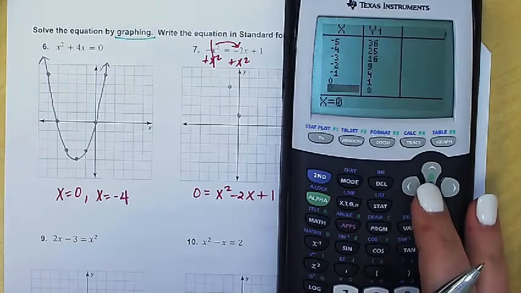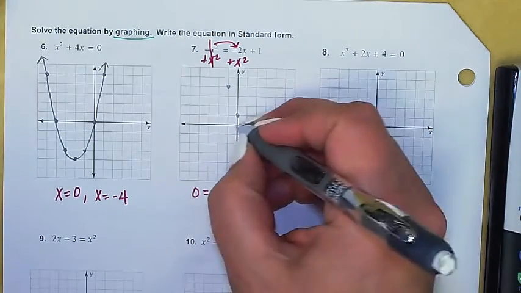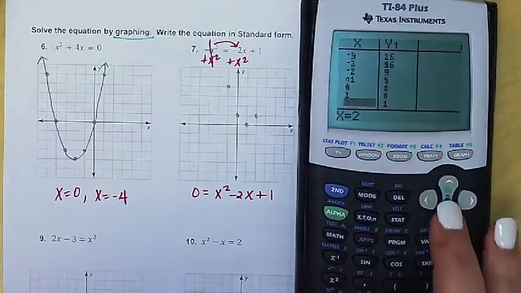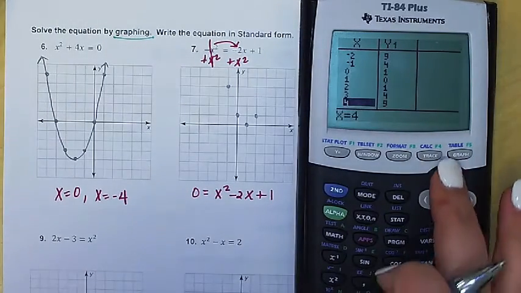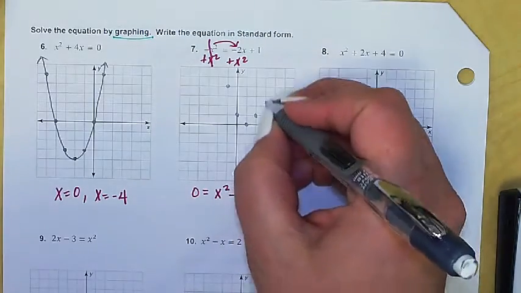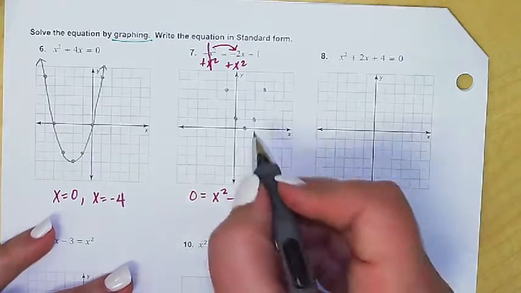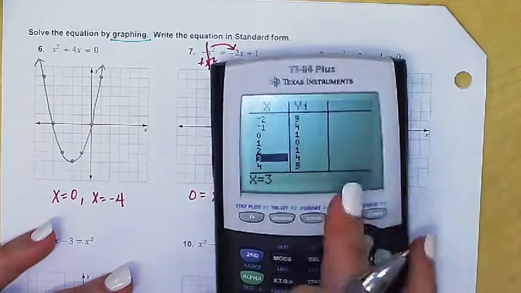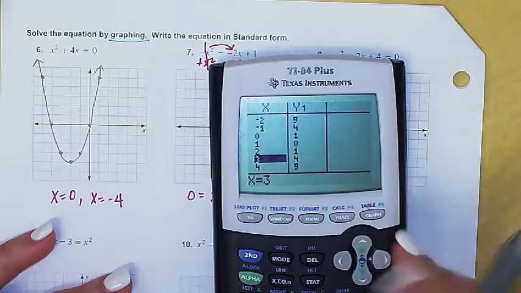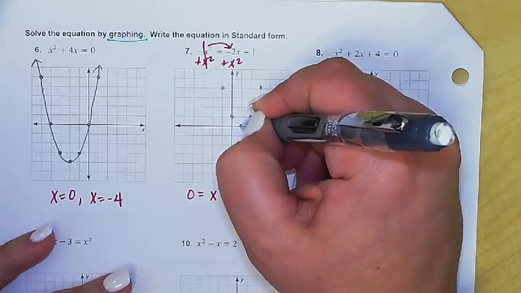Let's see what else we have here. 1, 0, 2, 1. And then let me see, we can fit another one here, 3, 4. 3, 4 works. So that'd be 3 over and up 4. That gives me a pretty good concept. It also shows me that single intercept, because I can see that right here again. When y is 0, I'm at my x-intercept, so it looks like at 1 is our only x-intercept. So we'll finish our parabola here,